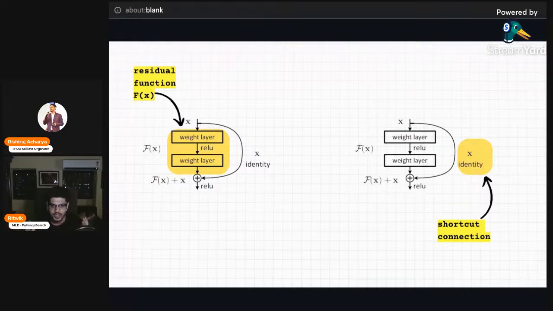And that is where the ingenuity of the authors comes into the picture. That is where the authors really shine, to me at least. They simply said, okay, we don't need to over-optimize at this point. We can just have this shortcut connection be x. We can just pass this original x at this junction and then learn the residual. And that is why this is called an identity mapping, because it simply returns the input. And identity mapping is a great way to preserve the information that might get lost